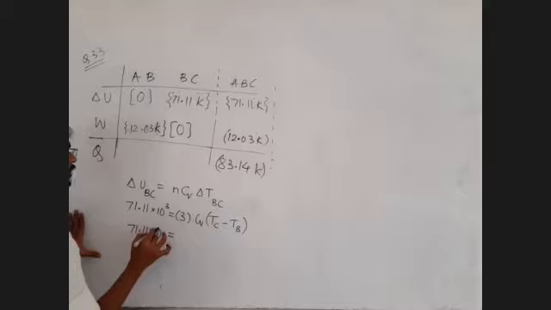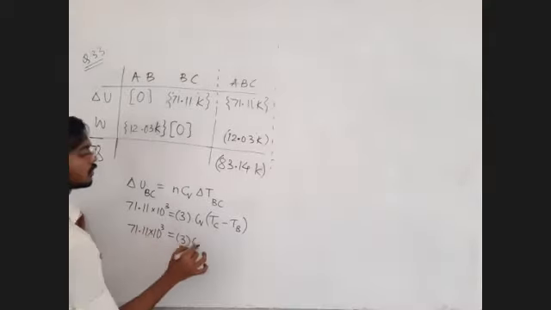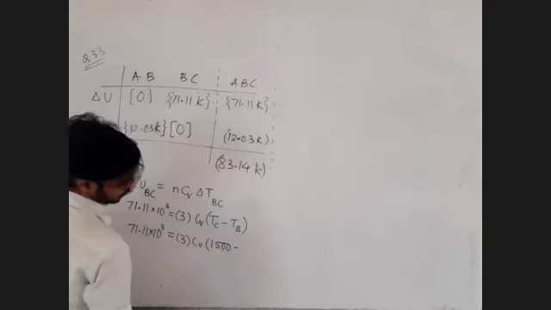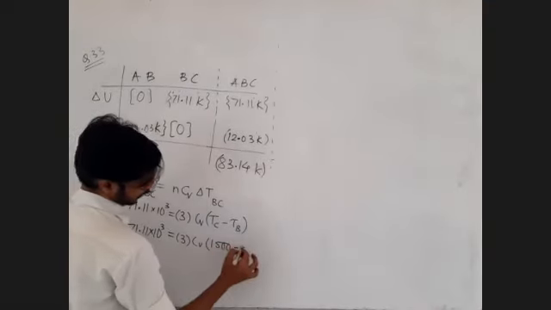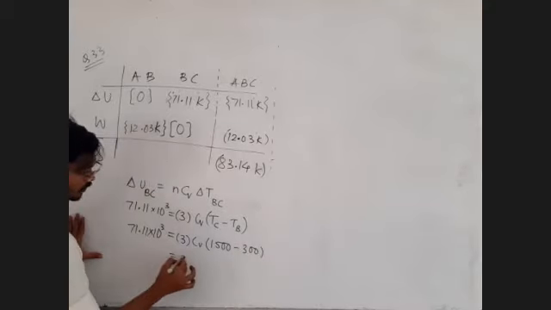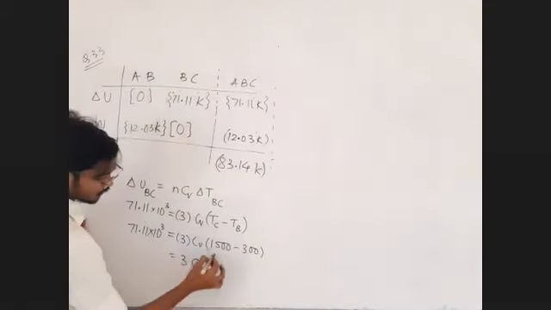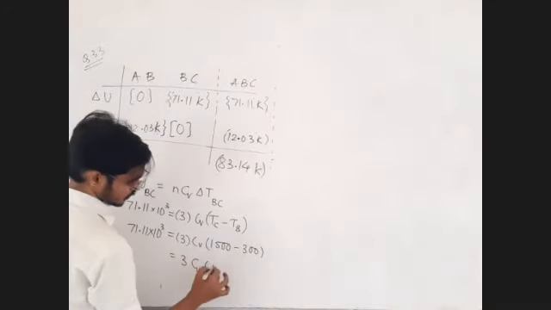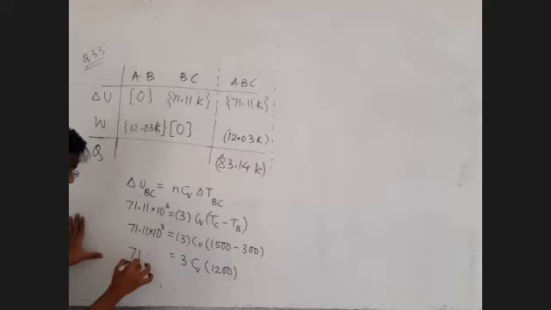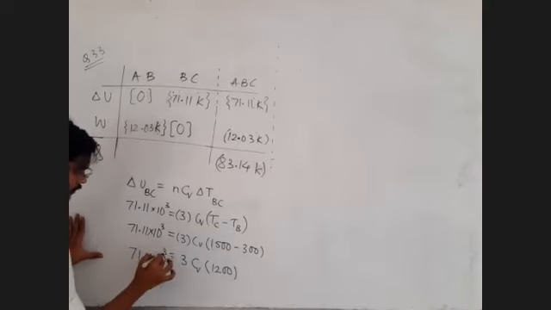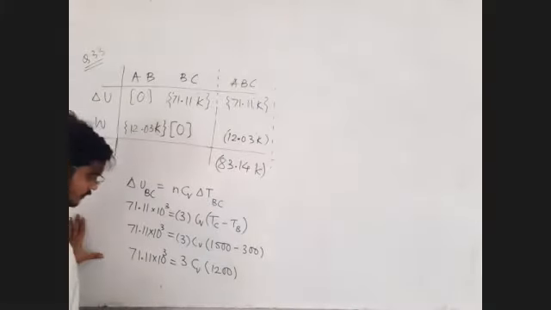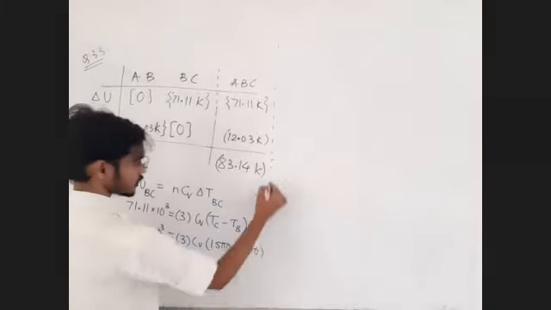71.11 into 10 raised to 3 equals 3 into Cv. Sir, the final temperature at point C was 1500 and the temperature at point B was 300. So 3 into Cv into (1500 minus 300) which is 1200. This is 71.11 into 10 raised to 3. This 10 raised to 3 and 10 raised to 2 cancel. So, sir, Cv is equal to